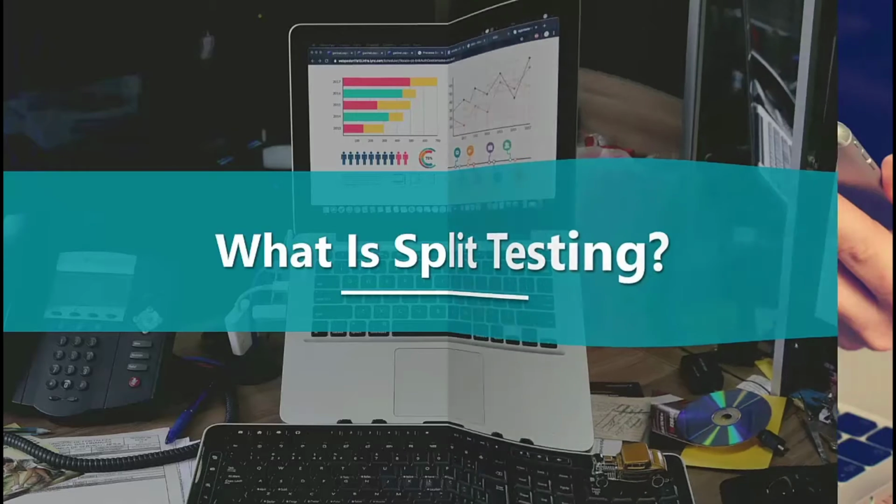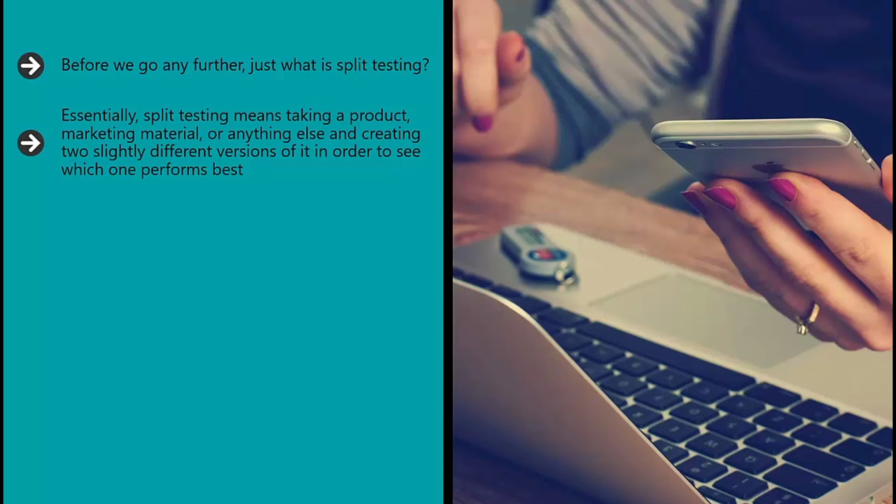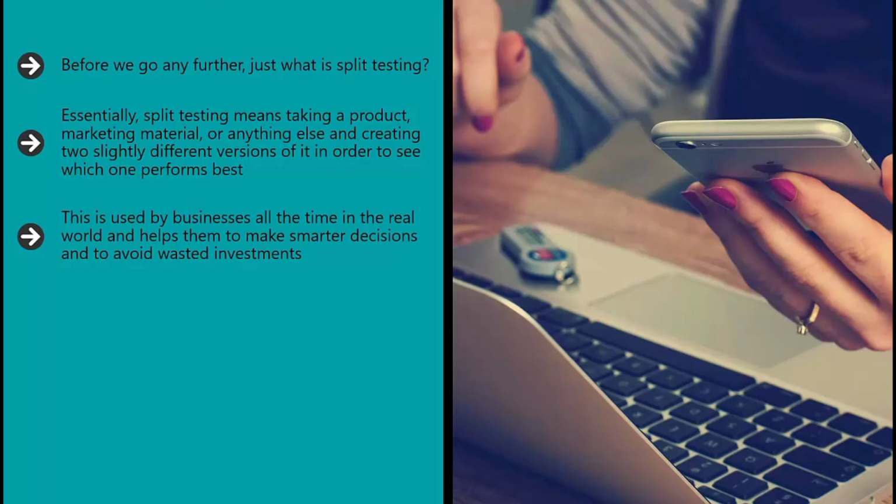What is split testing? Before we go any further, just what is split testing? And what does the term mean in the context of search engine optimization? Essentially, split testing means taking a product, marketing material, or anything else and creating two slightly different versions of it in order to see which one performs best. This is used by businesses all the time in the real world and helps them to make smarter decisions and